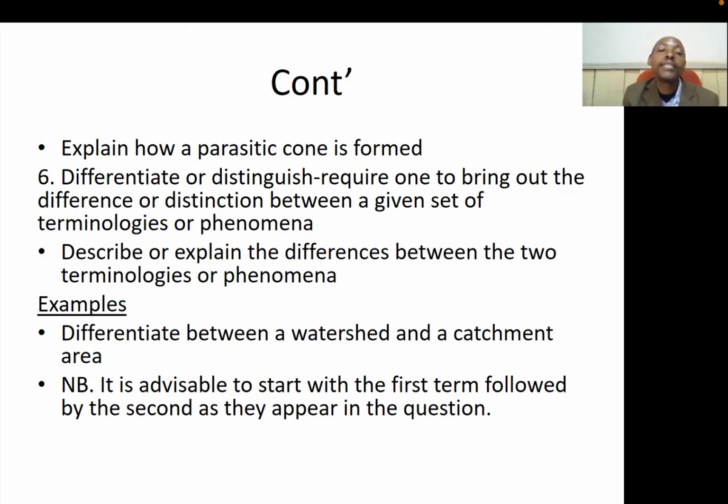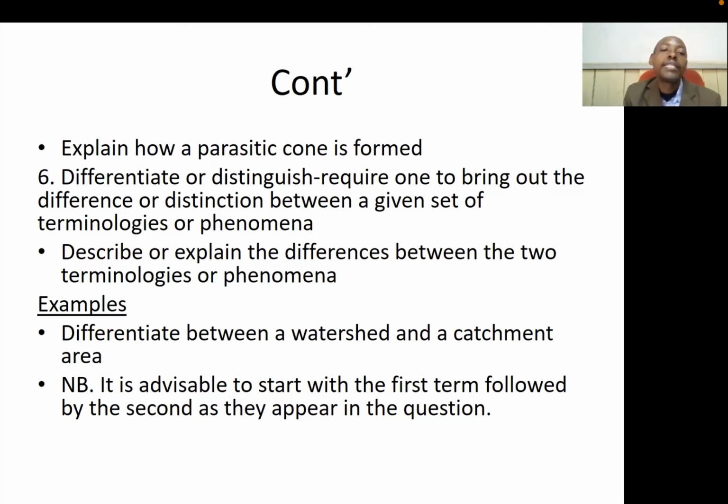Then the magma forces its way through the lines of weakness to the Earth's surface, where it forms a volcanic cone. Then at the summit of the volcanic cone, due to contraction as magma cools, a funnel-shaped crater is formed. And then subsequently, magma forces its way through the vent and then finds an alternative passage where it flows on the side of the volcanic cone to form a small cone on the side, which is known as the parasitic